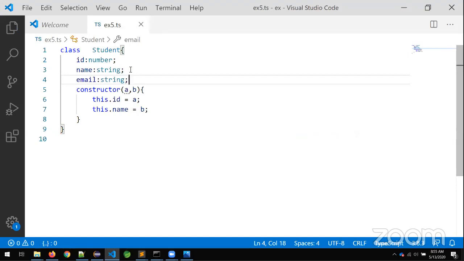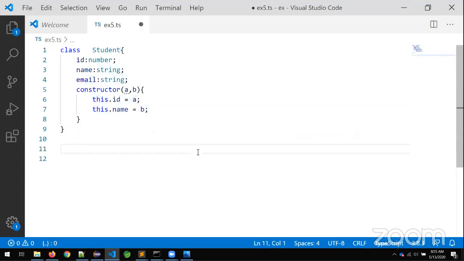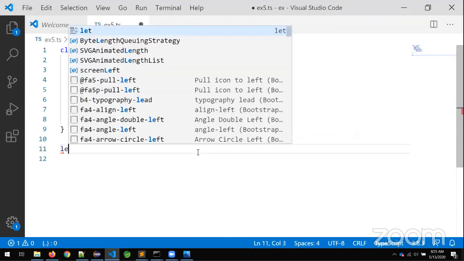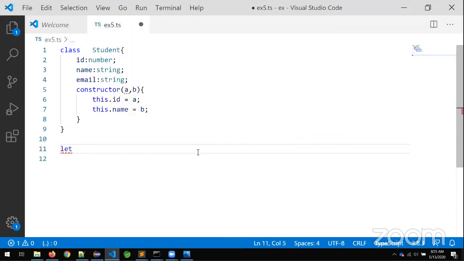Guys, everybody understand the question? Suppose I have an email field which is not necessary to provide every time. It can be used afterwards. At the time I will go for the email. So id and name fields will be populated with the values, and email will be empty or undefined. So now observe, what is the next one? Let. How to create an object, sir?